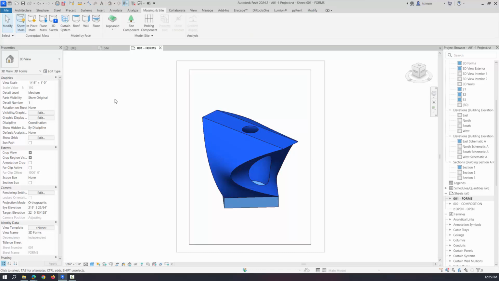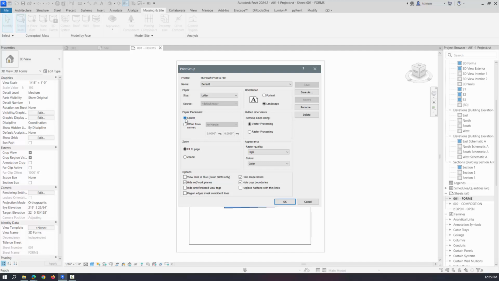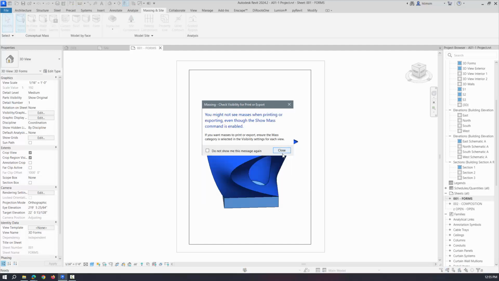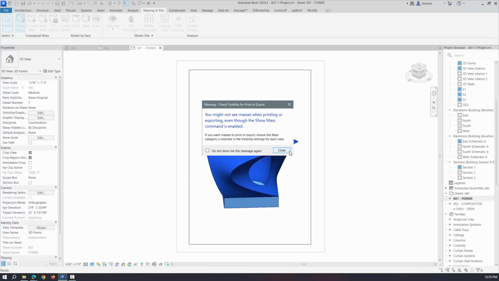So I'm just going to go to Control P and close that guy, and I'm going to pick the Microsoft PDF print, and I'm going to go to the setup, and I'm going to offset it from corner, zoom 100%. I'm going to set it to portrait, and I'm going to make sure that the scope boxes, the crop boundaries, and the hide these four are checked, and click OK. And then I want current window selected, and I'll preview that. And you should get that. And then you just go to print,